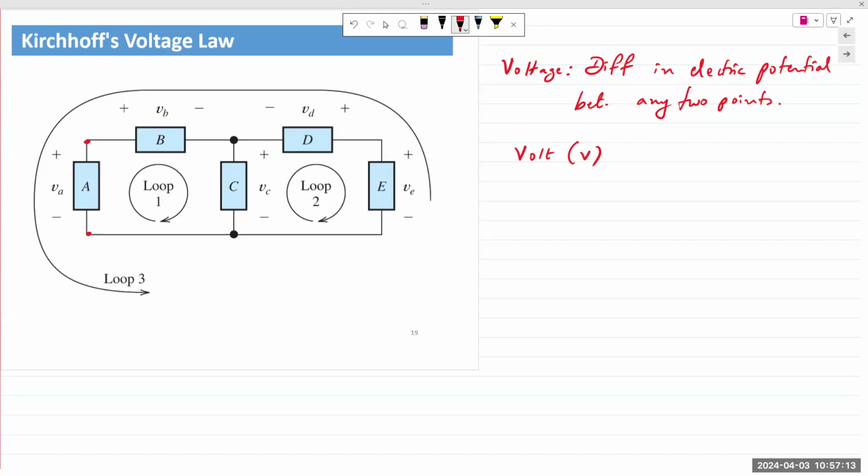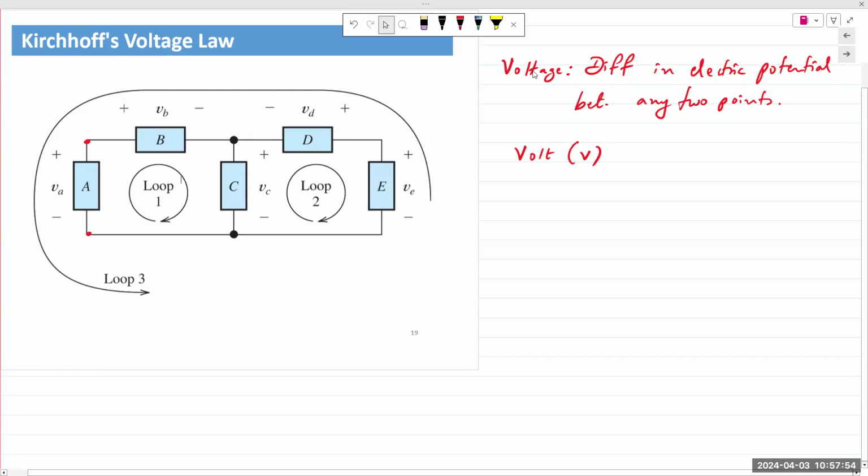So plus and minus simply indicates which end of the component is higher than the other end. And that's why you would end up with a minus, minus, and a plus at the exact same node. The plus and the minus sign only refer to the voltage of that component. It is not referring to anything else. That's why you have the 3 signs at that exact same junction. Students sometimes are confused. How can you have minus, minus, and plus at the exact same point? Well, it is only referring to that particular element, B, C, and D, and that's it. So they do not relate to each other.